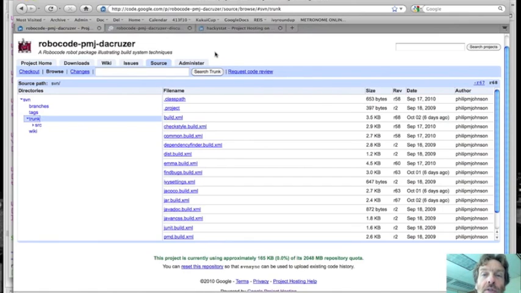The next thing I want to do is show you how you can check out these files to a local directory so that you can make changes and then commit them later. Okay? So how are we going to do that? The way that we're going to do that is by bringing up a Subversion client. Now before, remember, we downloaded from the downloads directory and then we unzipped it and we could get at these files without any kind of special tool. But to get at the code in the Subversion directory, we have to use a local Subversion